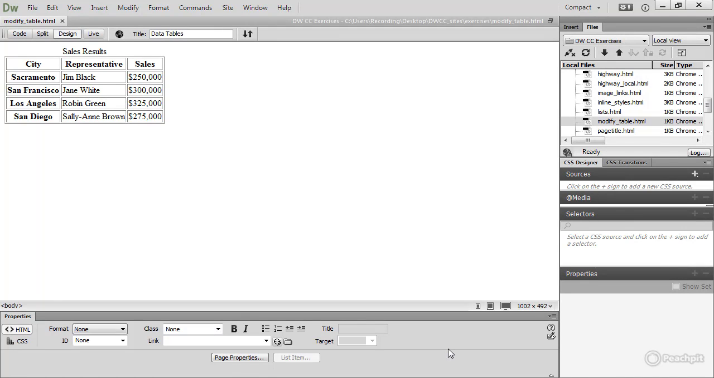Once you've inserted a table, you can't reopen the table dialog box to make any changes to its structure. All modifications need to be made through the Property Inspector or menus. There's also a lot of keyboard shortcuts. In the exercises site, I've opened